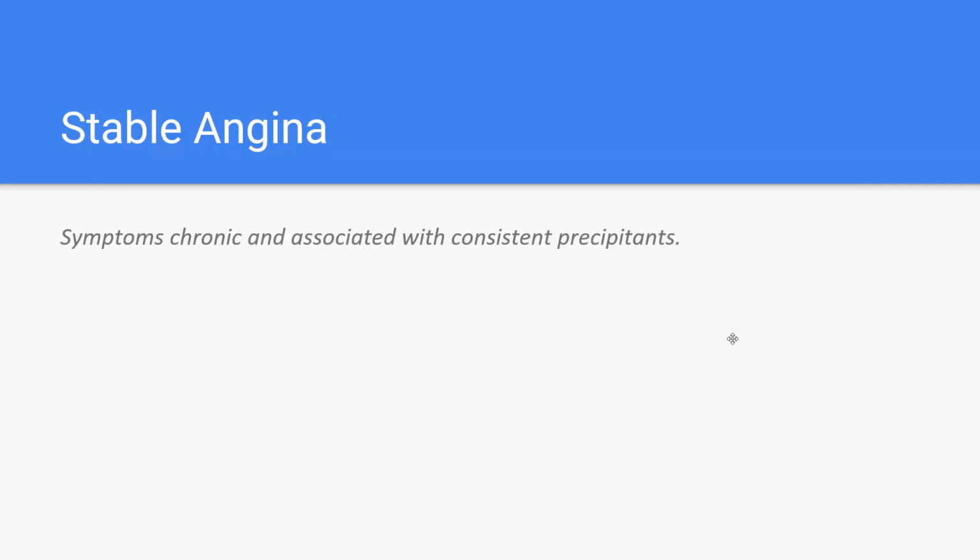All right, let's see, we've gone through all of ACS, we've gone through the intermediate risk. So, stable angina, these chronic chest pains. Like I said before, symptoms are chronic, associated with consistent precipitants. What you will generally do, and a lot of this will be outpatient, we'll commonly get these patients still admitted to us, of course, or they might be coming in with someone else, and we're trying to figure out how to treat their stable angina. So